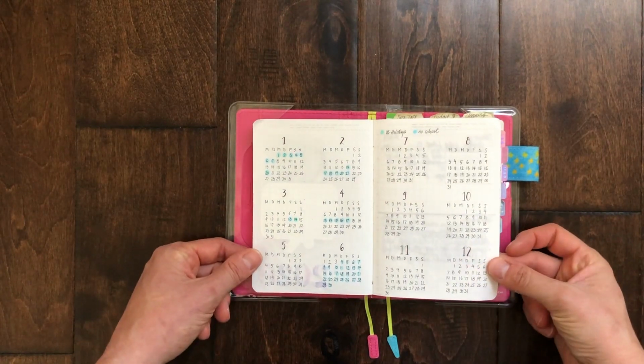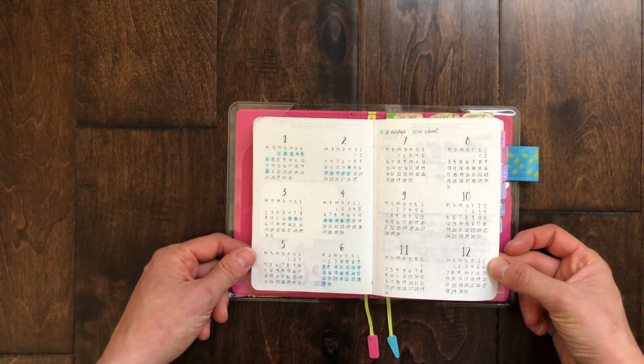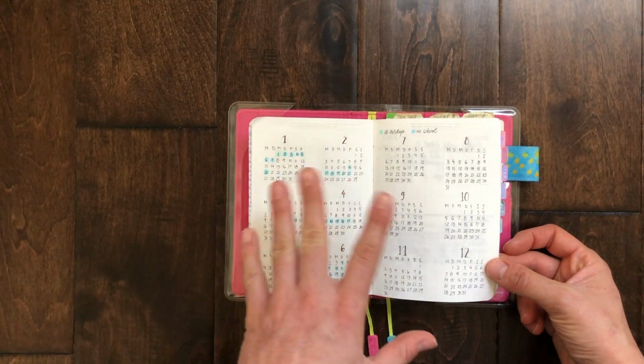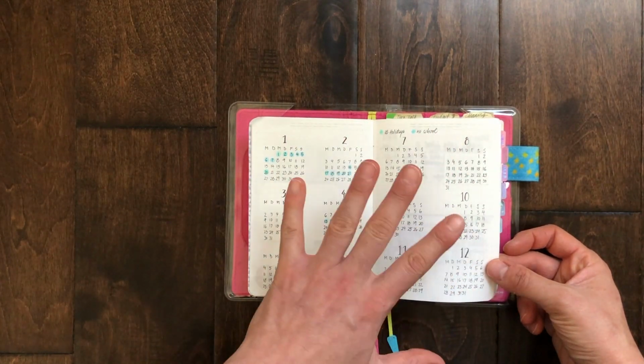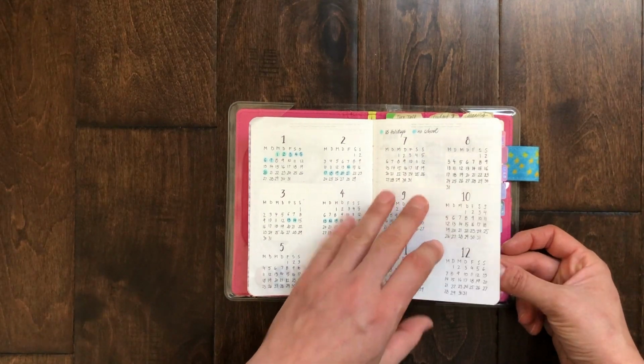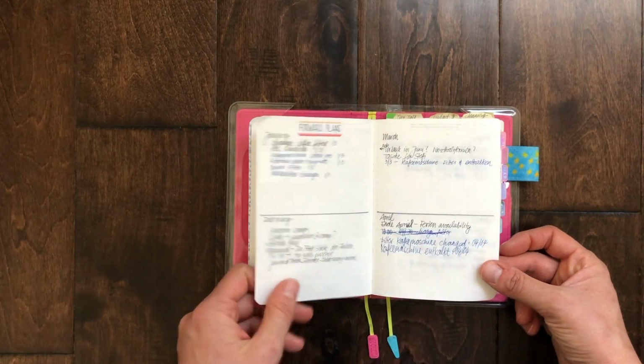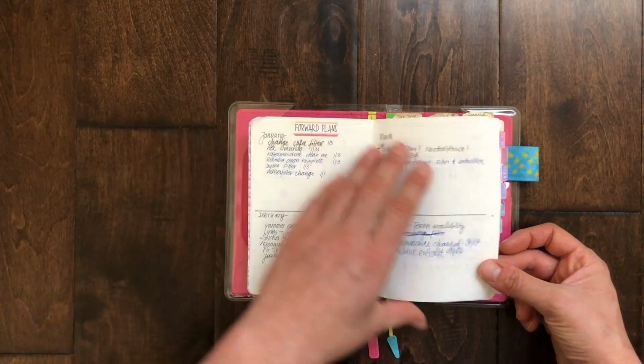I added this yearly overview for 2020. I did not really need it at all. If I would ever make a planner myself again, I might use an overview, but definitely not this one because that didn't work out for me. I then had